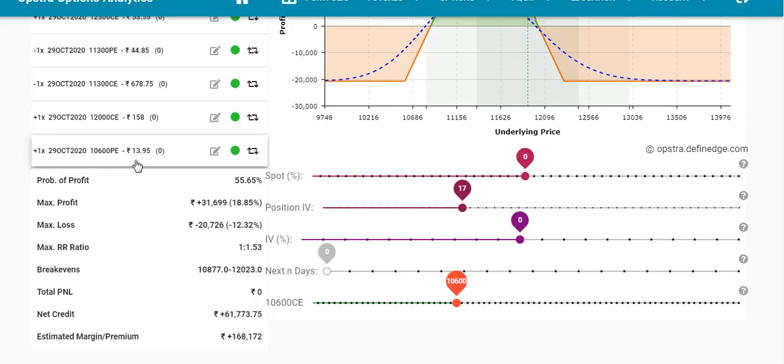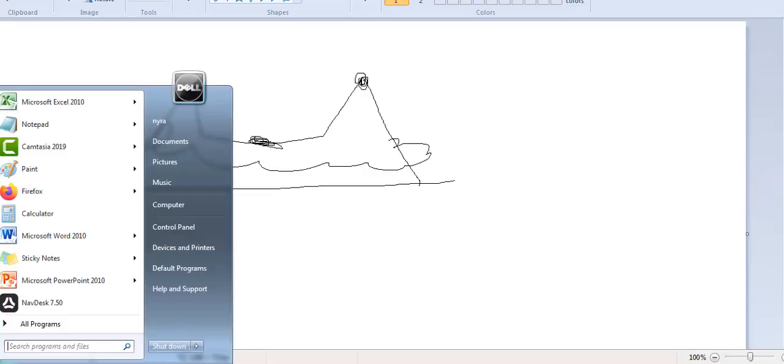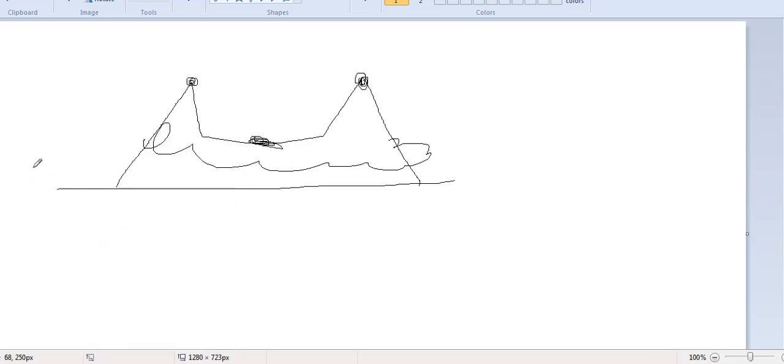But when the market comes to your break even point, the premium will be different. You can easily adjust your position, and at 10,000 it will be somewhere around 11,100, and you will get enough points for your positions. To the downside as well, it will be similar to this. So let me make one more so that it becomes easy for you guys.